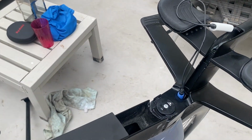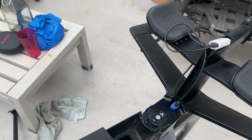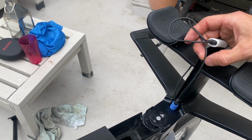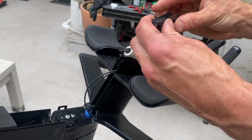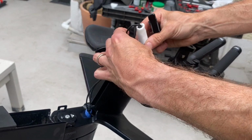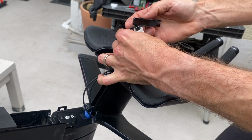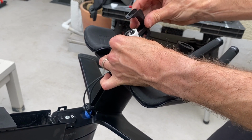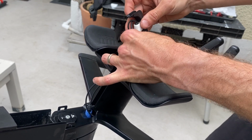Right, so it is a matter of just putting all of this back together now, the way it was, which isn't too difficult, following or reversing the steps that you did to take it all apart. So remember your cap bit, and all we're doing is taking those 2 cables, they will go under here. So you slot in, put it the right way, slot that in like so,